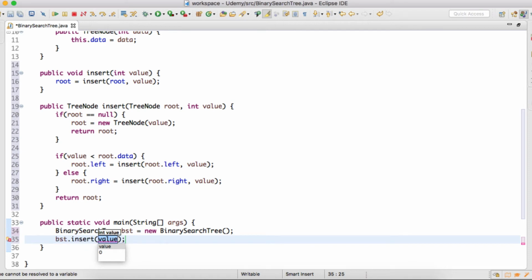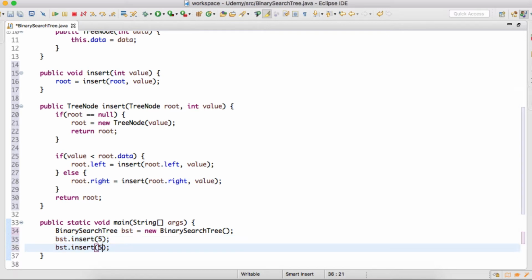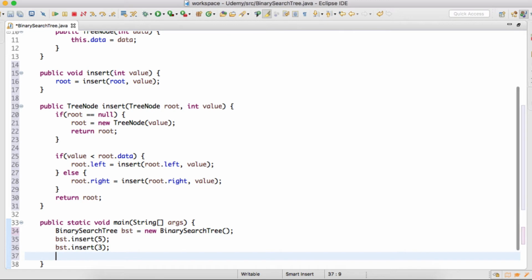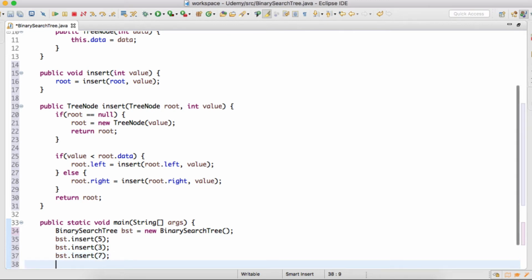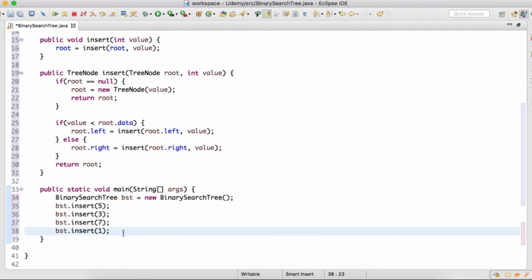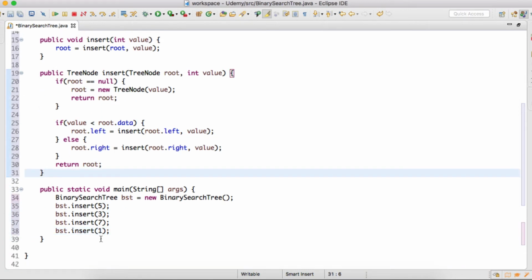So with the value as 5, 3, 7 and 1. So friends, after inserting these 4 nodes, we'll simply print them on the console to check whether they are inserted in the right order or not.